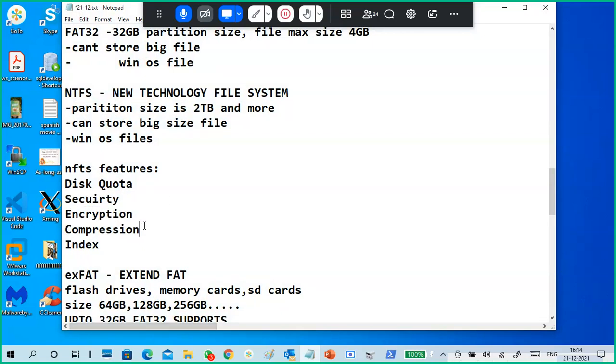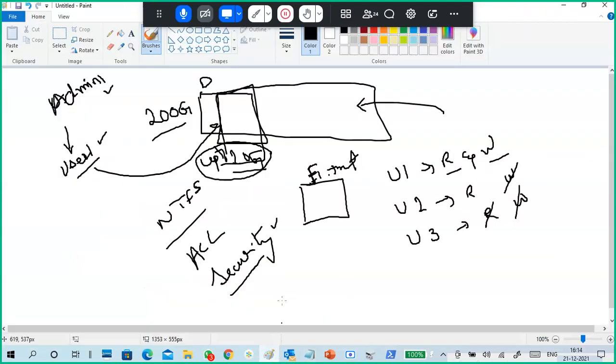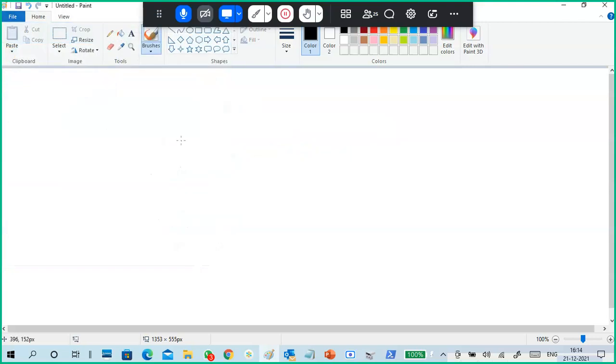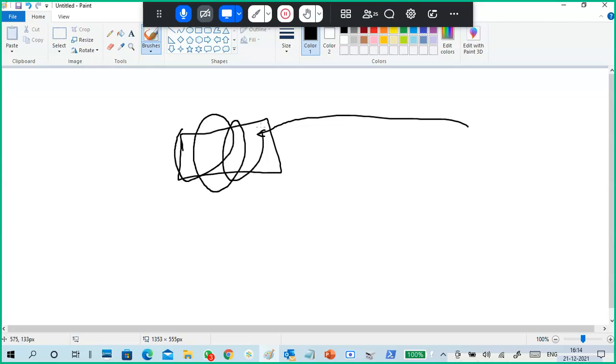So that is security. Encryption. What is encryption? I have very important data on my PC, maybe a picture, a video, or a file. Someone may try to access my data through the network or directly with other user permission. So I will encrypt this data.